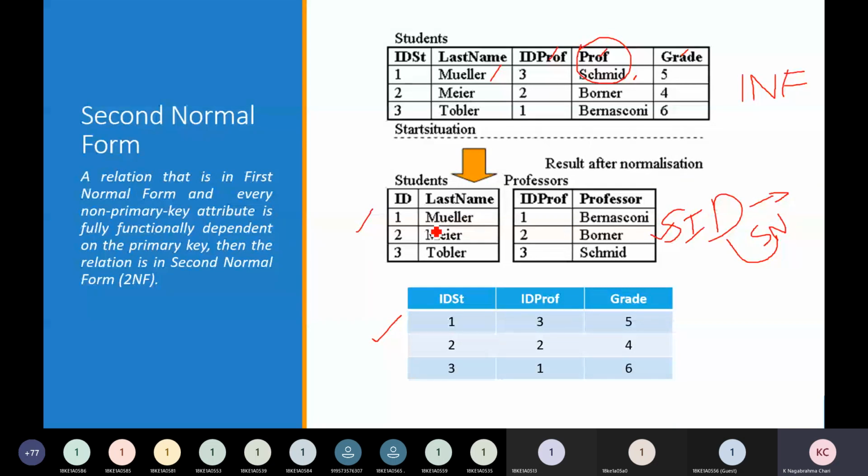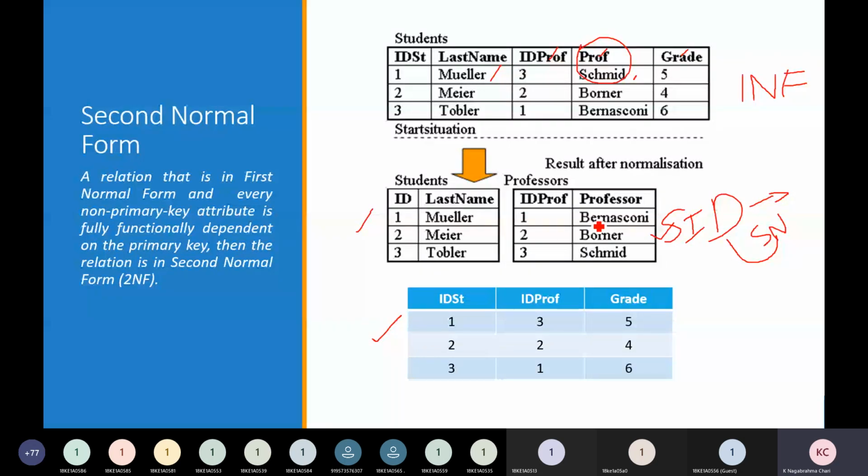Okay, or if you want to delete only professor data, you can delete professor data. Okay, so only professor data will be deleted, that will not lead to changes in another data set, that is student data set or grade. Okay, so this is the second normal form. More dependencies we have, okay, functional dependencies. So you want to avoid the functional dependencies, or we can say partial dependencies. This table is called second normal form.